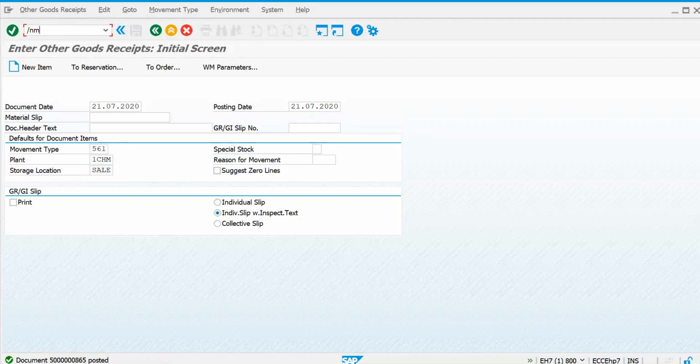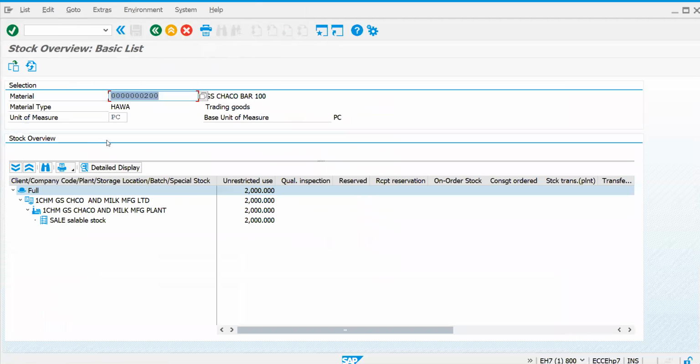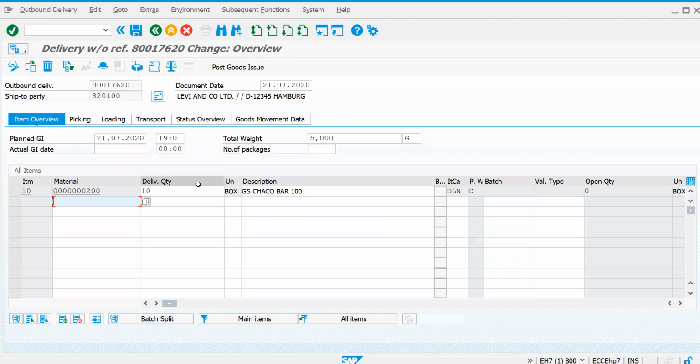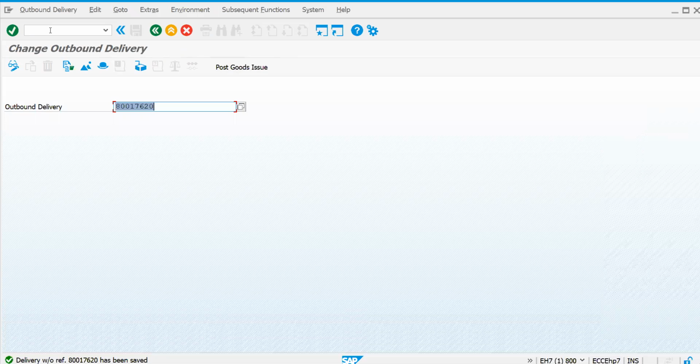Now let's check the report using MMBE, and let's put the material code. So for this material code, now 2000 stock is available. Since our delivery requires 50 pieces, let's get into the picking and now push the post goods issue.